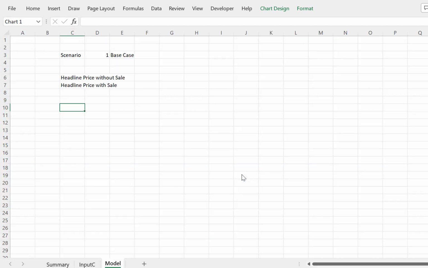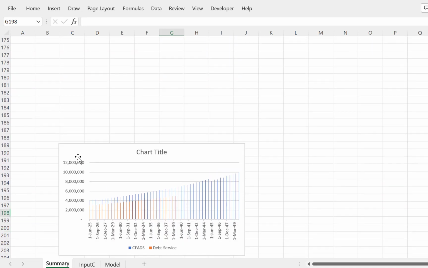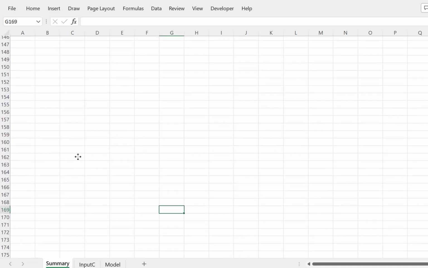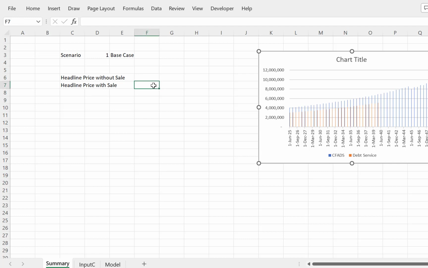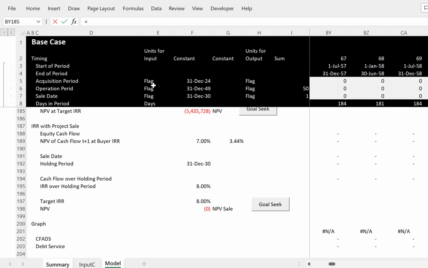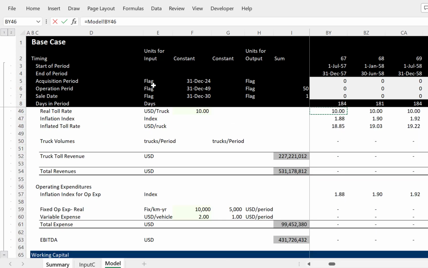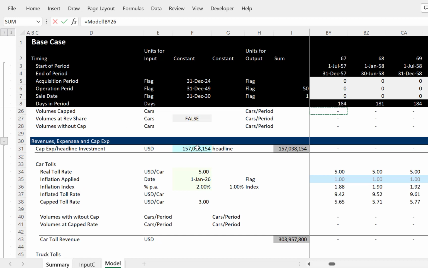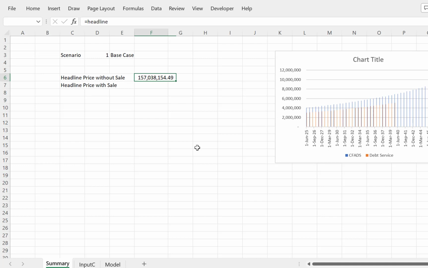Okay. Where did it go? Oh, shoot. Did it go way down here or something? Okay. Control X. Okay, let's get it up here somewhere. And then we can put the headline price here. To really do this right, we'd have to put a little bit of a macro, and why don't we put up here something like that,